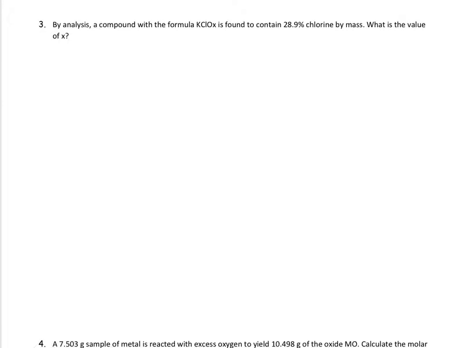In this next problem, we want to find out what this subscript X is in our chemical formula. The problem states we have 28.9% chlorine by mass. Another way of representing this mass percent is that there's 28.9 grams of chlorine per 100 grams of KClOx, part over whole. So our first step is we want to assume